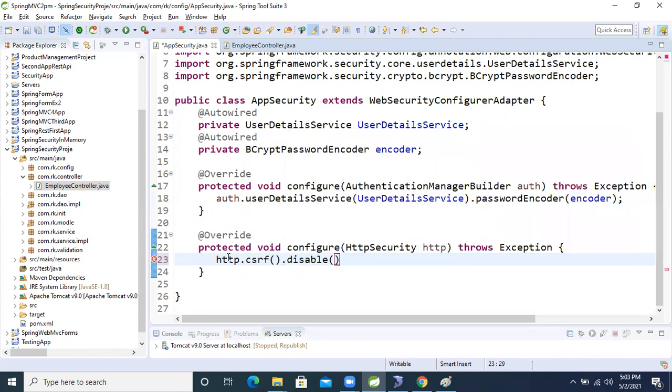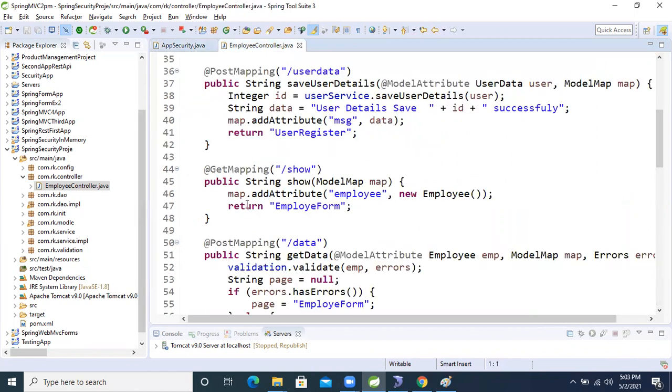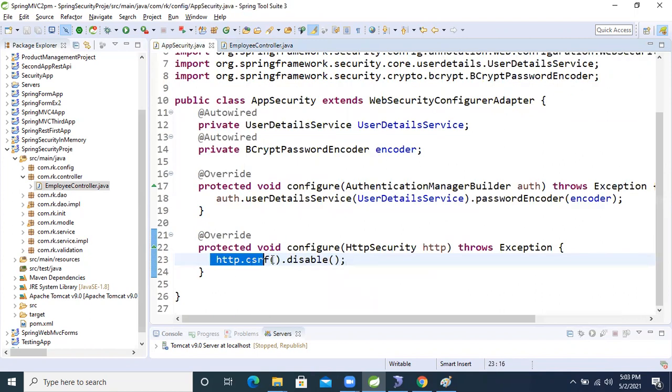Otherwise you will get a problem. You can make only GET type requests, but you can't make POST type requests. If you want to mix both, then you have to do this. Take this reference: csrf disable. Make this one disable.